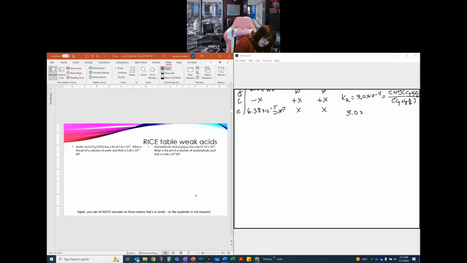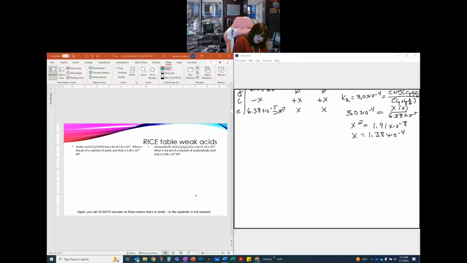And I can plug in for that. So 3.0 times 10 to the minus 4th is equal to x times x over the 6.38 times 10 to the minus 5th. X squared is then equal to 3.0 times 10 to the minus 4th times 6.38 times 10 to the negative 5th, or 1.91 times 10 to the minus 8th. Take the square root of that. That gives me an x equal to 1.38 times 10 to the minus 4th,